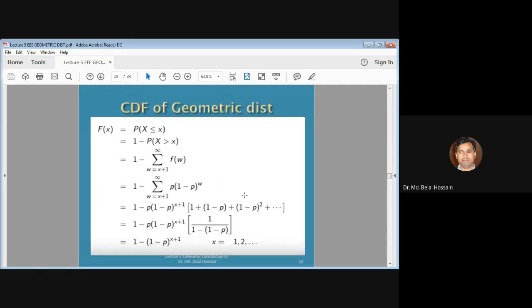So you have to remember that it can be proved also that when you sum your x values less than or equal to x, that is actually capital Fx. So that is 1 minus probability of greater than x. Okay. So greater than x means summation from x plus 1 to infinity. So putting the values of the